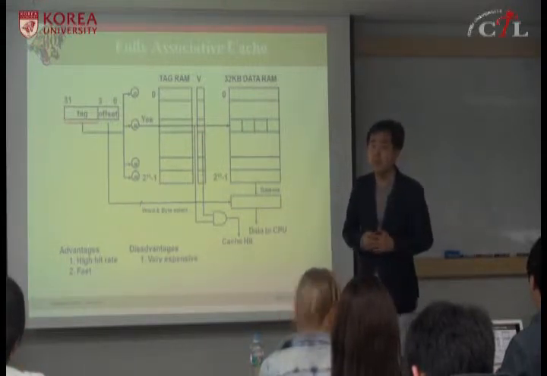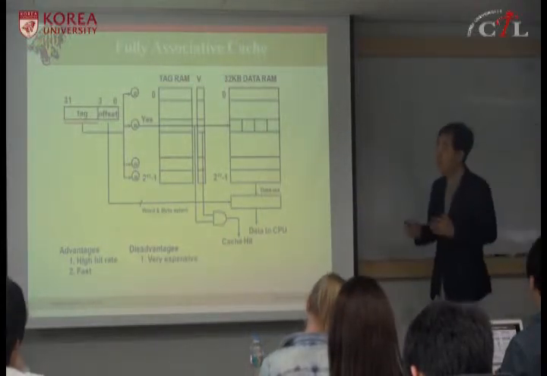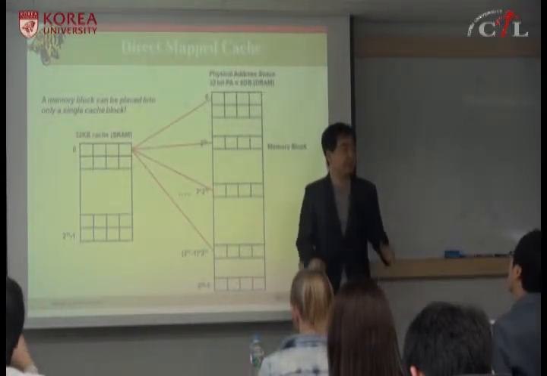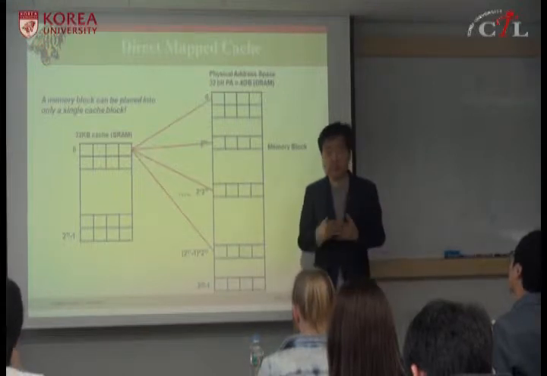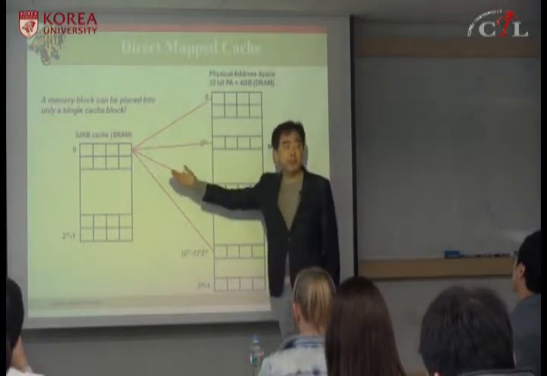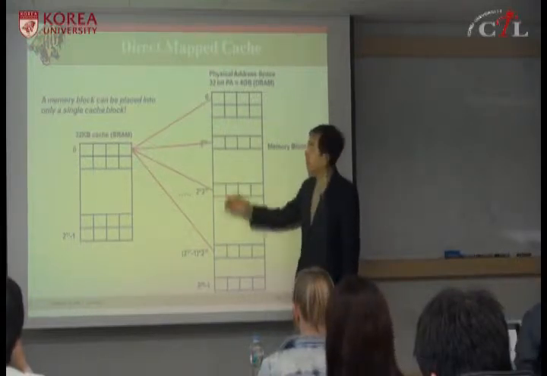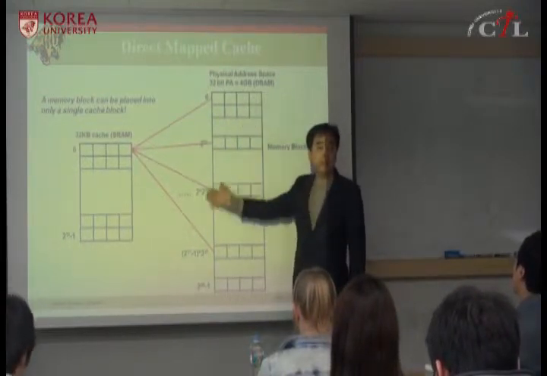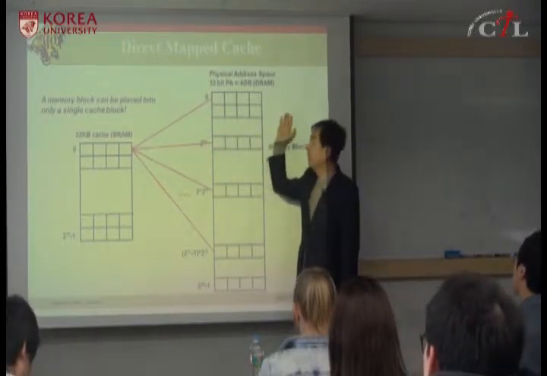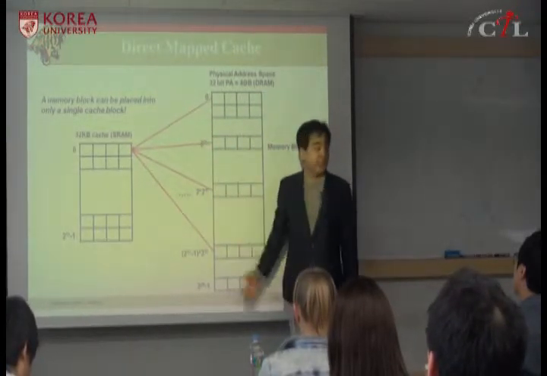Okay. The other extreme of cache organization is limiting to only one location, because you don't want too many comparators. The size is too big. Okay, you want to simplify. So you are given the same configuration, 2048 cache blocks, 2 to the power of 28 memory blocks. Here you divide the physical memory, main memory, into cache-size pieces. First 2048, second 2048, third 2048, and so on.